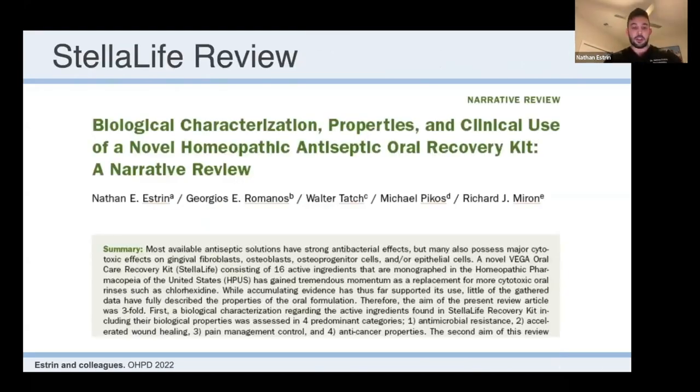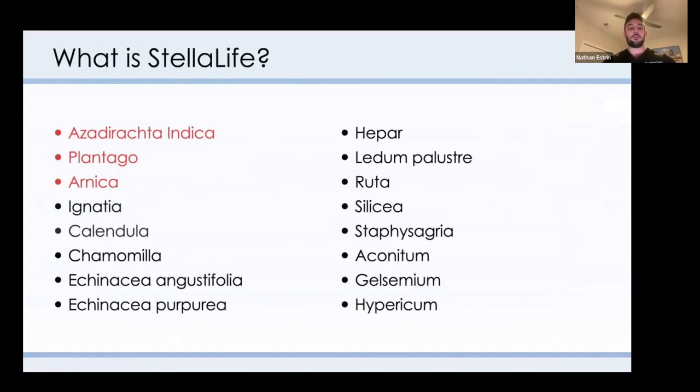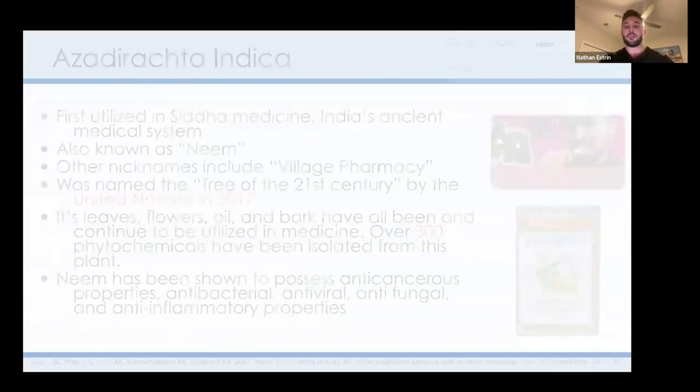And a lot of clinicians at these trainings and a lot of patients were asking me, what's in Stella Life? And I kind of felt dumb when I didn't have an answer for them. So we did this review on all the active ingredients in Stella Life and how they apply to it. Okay, so there's 16 active ingredients. I'm just going to talk about the first three that stick out for me so that you can share this